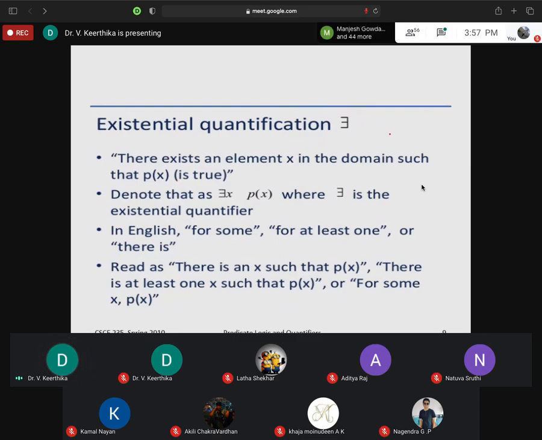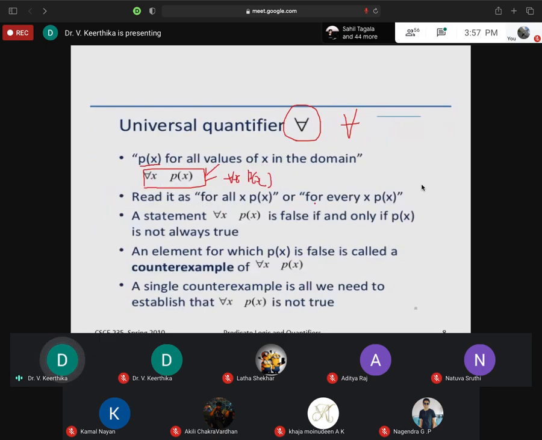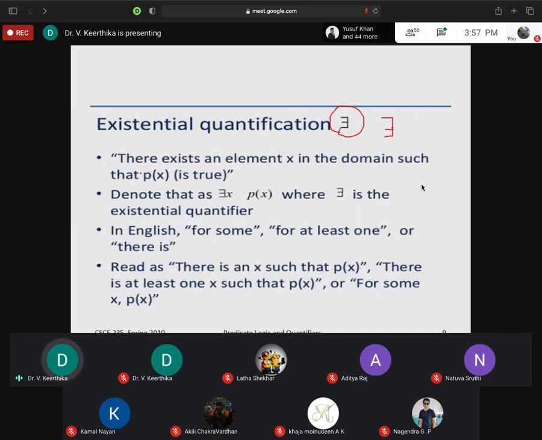Clear? What is the other quantifier we have? The existential quantifier. The symbol you use for this is the existential quantifier symbol. Now we have the statement. There you used for every or for all, now here I can use some, or otherwise there exists.